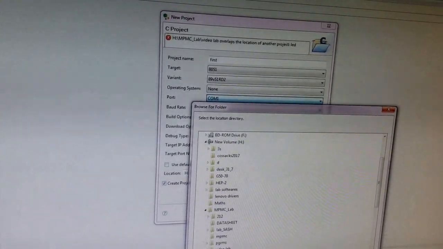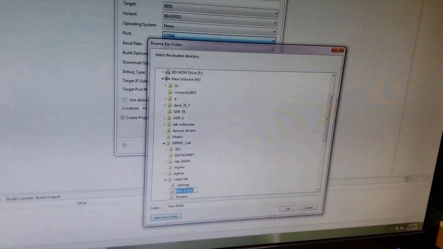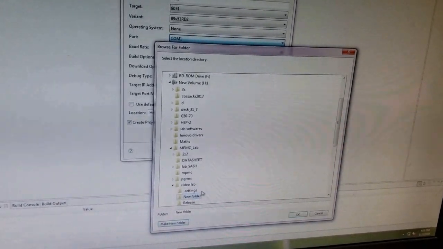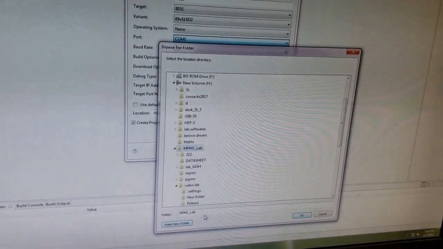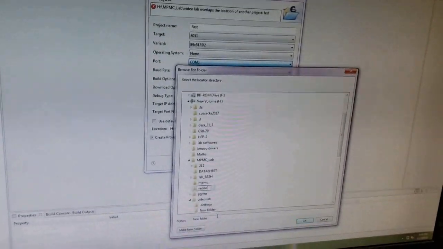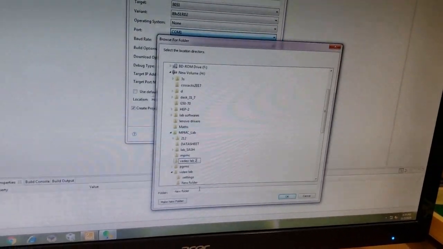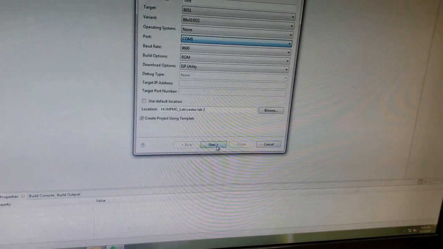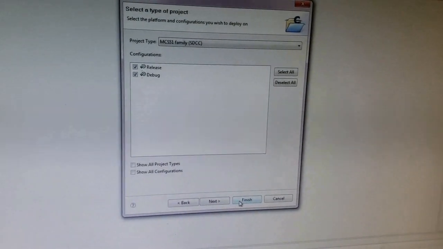In video lab we are creating a new folder. Click next and then finish.